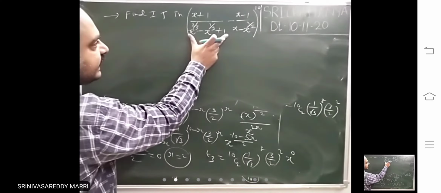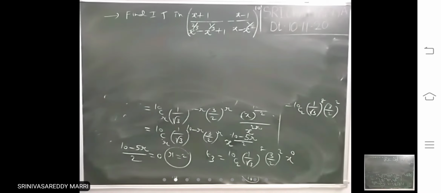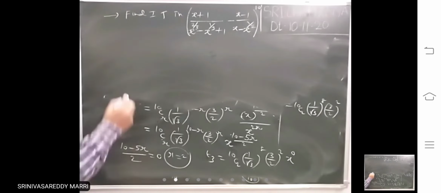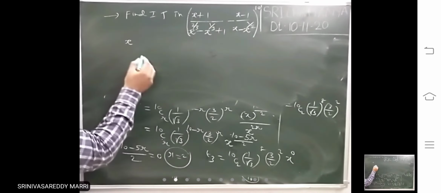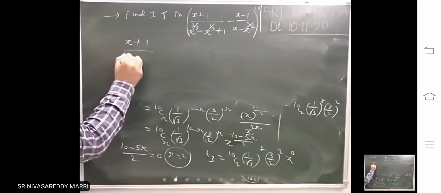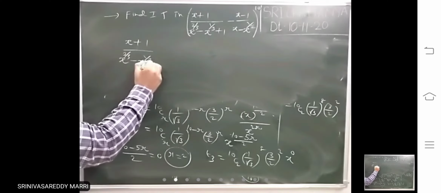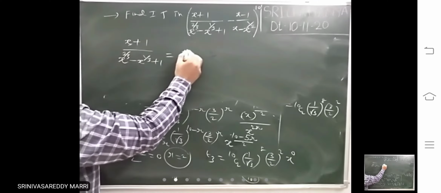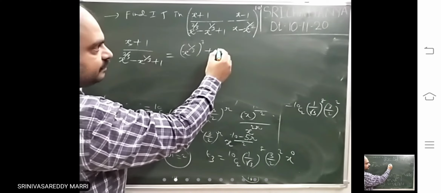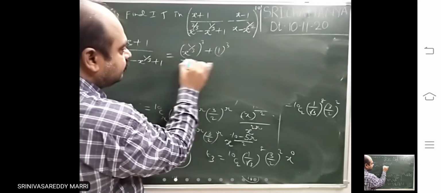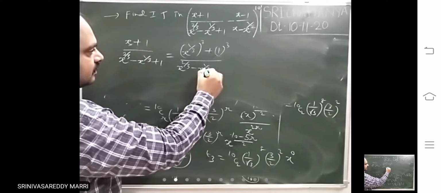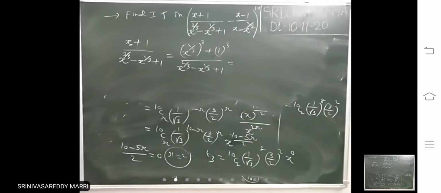But here, if you look at it, this is x minus a whole power n. So this is a lengthy one. If you directly expand, that won't be simplified. That's why what I am doing is, first you take this one and simplify. Look at this, I am writing it as x power 1 by 3 whole cube plus 1 cube. A cube plus B cube I am writing.